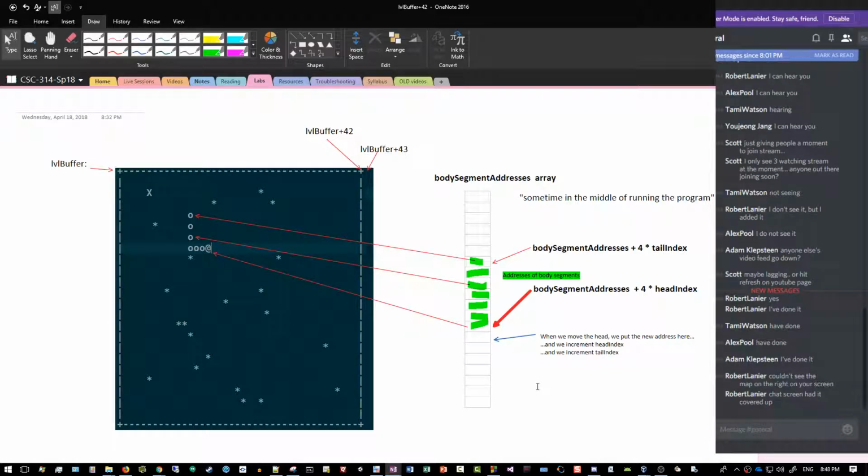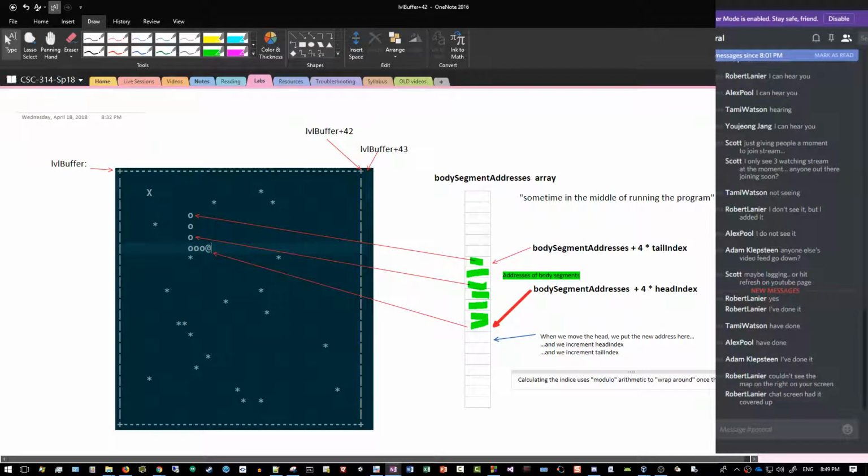All right, and I will add to the diagram, calculating the indices uses modulo arithmetic to wrap around once the head index